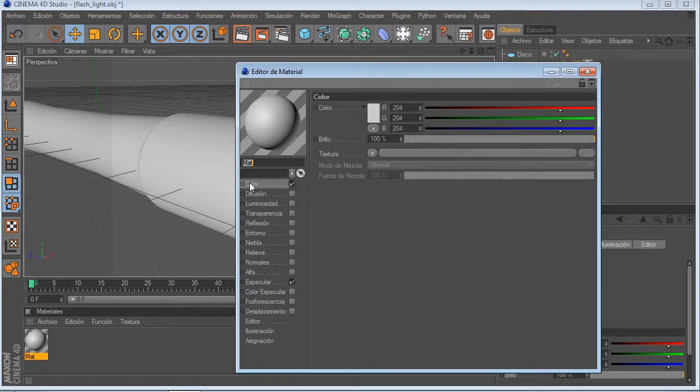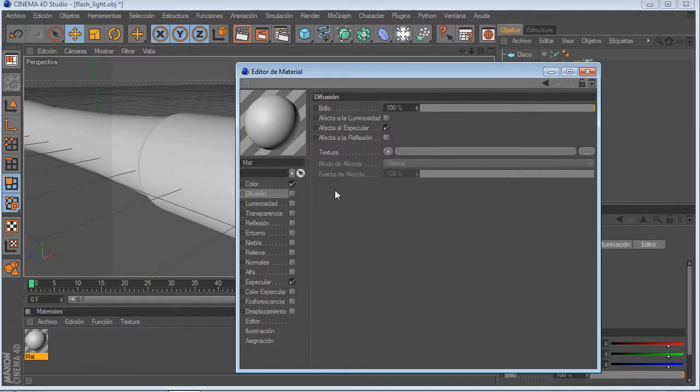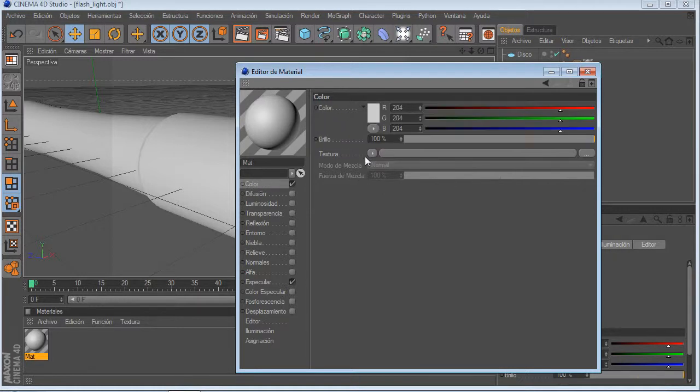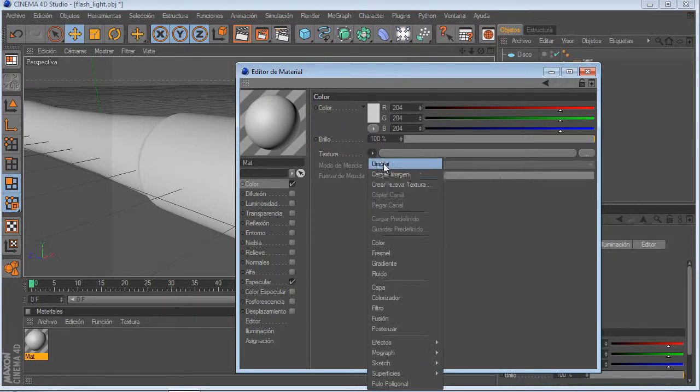First, the color. The thing here in Cinema 4D is it doesn't work like a basic 3D program, because in basic 3D programs, when you go to the material, you go into the diffuse and put the texture, but in Cinema 4D you have to put it into the color. So we are going to load a texture,